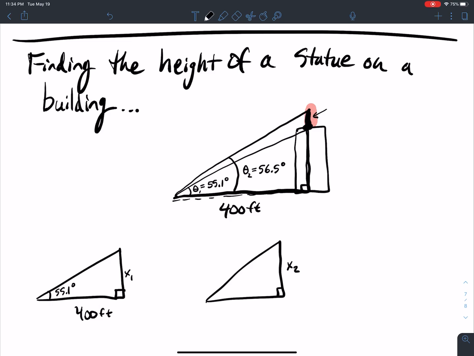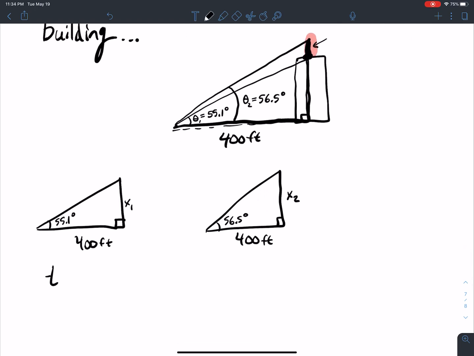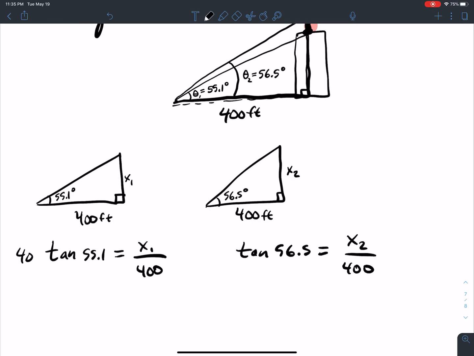It's slightly longer, x2 is than x1, because its angle is slightly bigger at 56.5 degrees. Okay, so I have trigonometry. The tangent of 55.1 equals x1 over 400. And then the tangent of 56.5 is equal to x2 over 400. So if I multiply by 400 on both sides, so I multiply everything by 400,